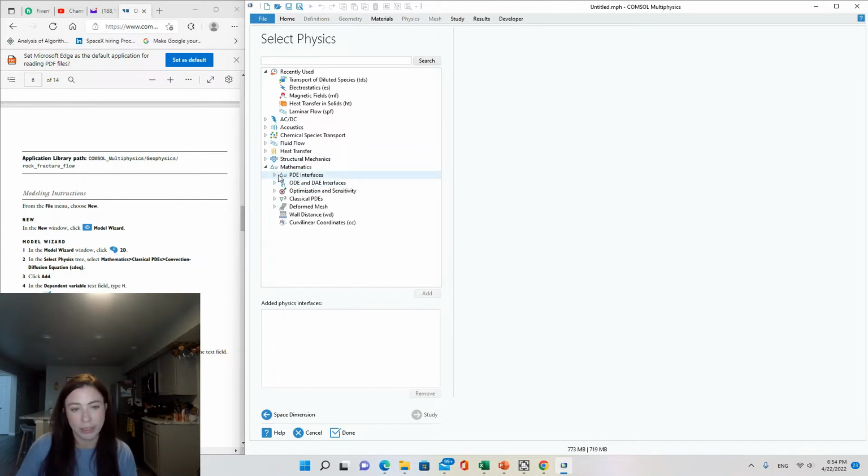I also picked this one because I've never used the mathematics module, the mathematics physics in the COMSOL Multiphysics module. So I thought it would be an interesting application. I've always wondered how the mathematics module works. So classical PDEs